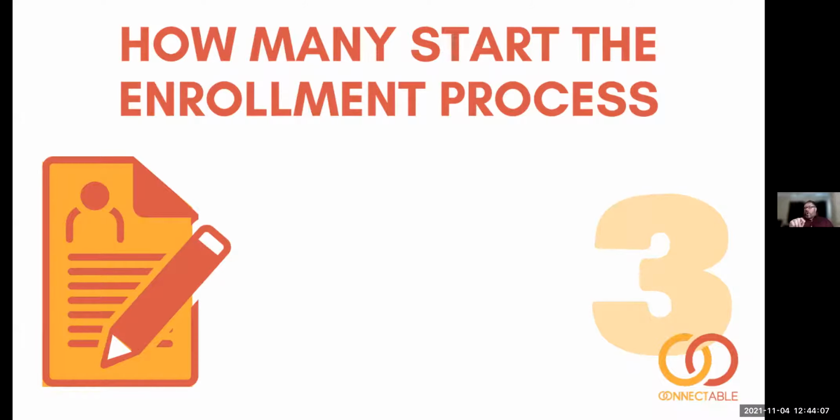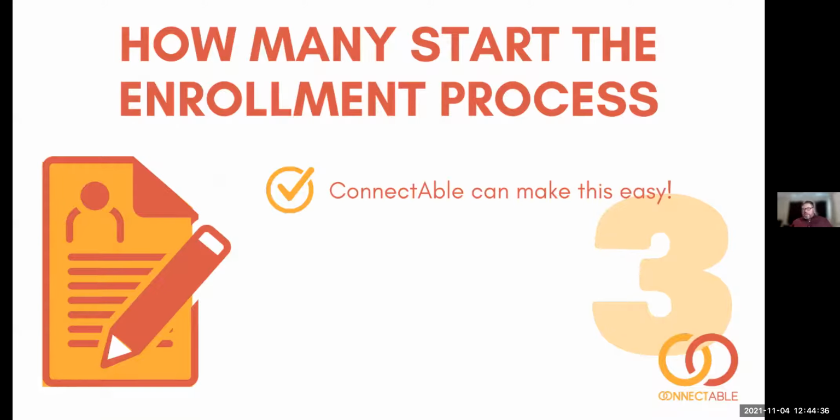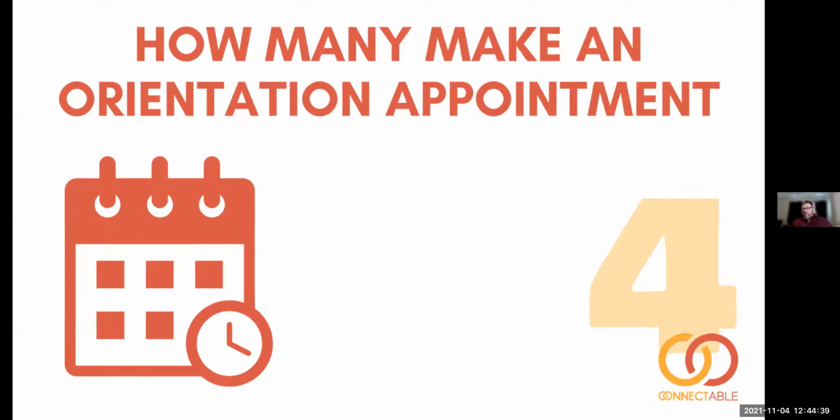But if you don't have a system like that, how can you recognize what that is? Because it may be that you have quite a few people showing interest, but then nobody or a much lesser number coming in for the enrollment process or starting the enrollment process, however that looks like. And so if you don't know the difference between those two numbers, you don't know what to do next on that side of things. Yep, Connectable can make that easy for you. Again, it's not something you have to worry about tracking because we track that for you.